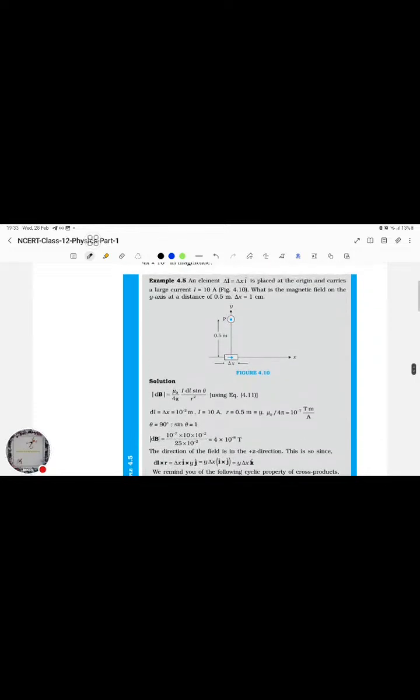Moving on, an element delta L equal to delta x times i cap is placed at the origin and carries a large current I. Let's say the current flowing is about 10 amperes. What is the magnetic field on the y axis at a distance of 0.5 meter? They're asking for the magnetic field. According to the Biot-Savart law, it is equal to mu naught by 4 pi times I dl sin theta by r square. And what we knew is the delta x value,